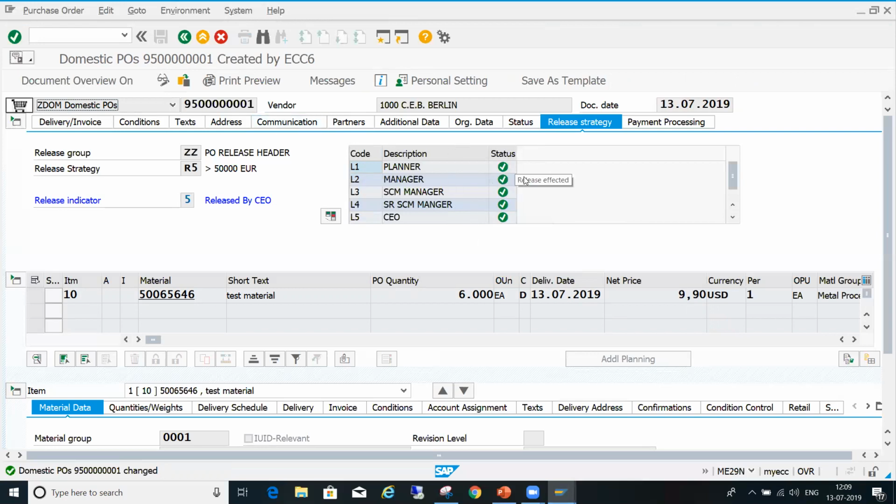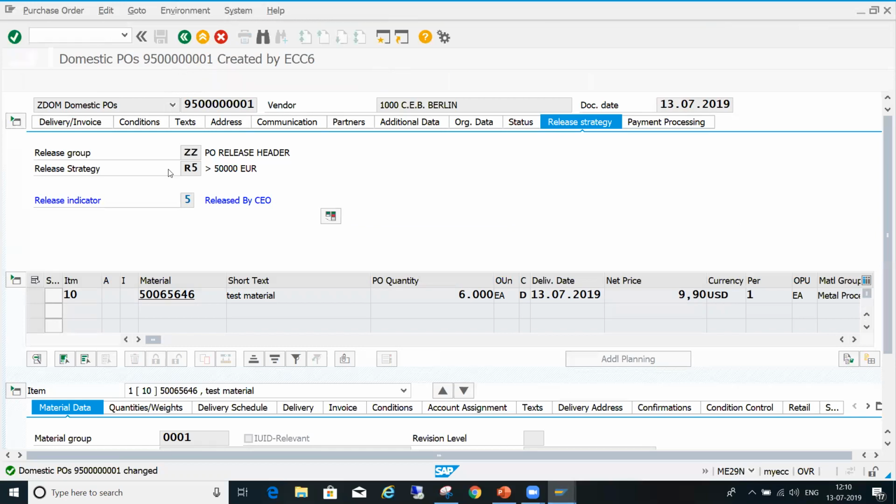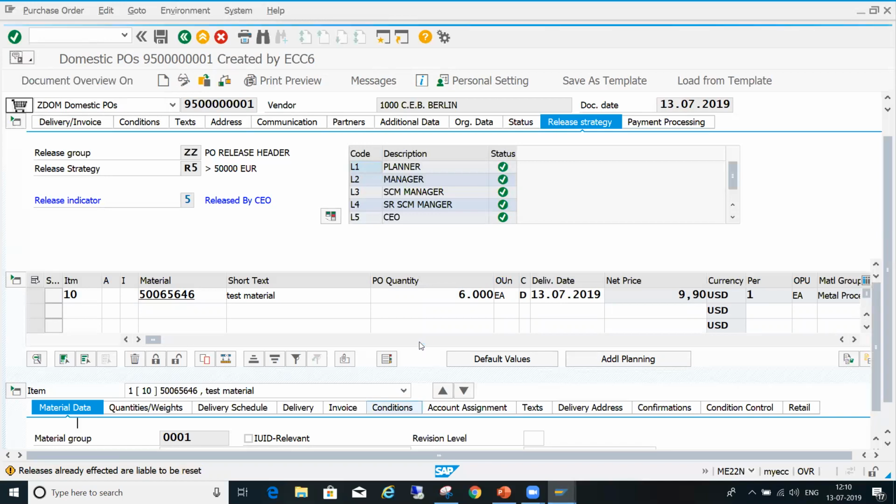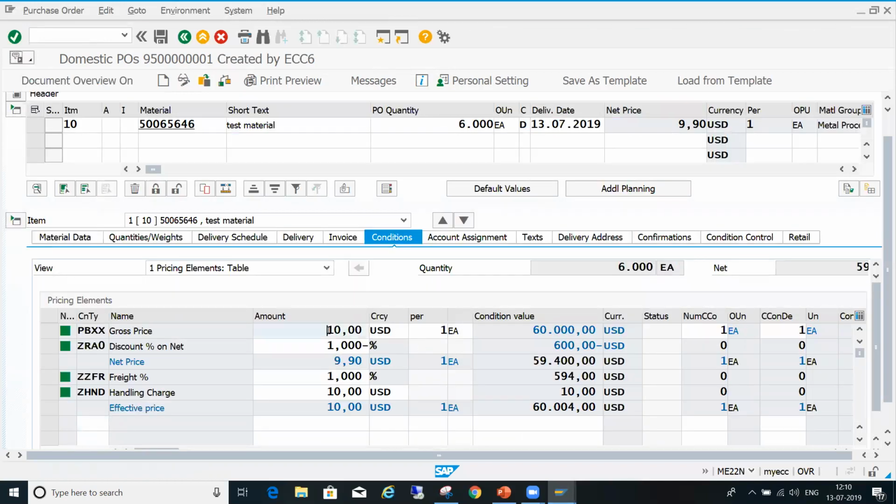So this PO is totally released. Correct? For example, ME22N is the change PO. If you go to ME22N, say for example you changed the price, you made it 10 to 11, then click on the checkbox.